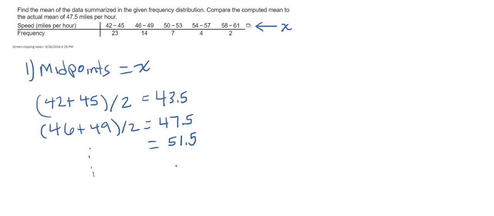51.5, 55.5. I think you can kind of see the pattern. We're getting the middle value, the midpoint, and then 59.5. Okay, so now I can take each one of these and multiply them by its frequency. So I would take 43.5 times 23, and I got